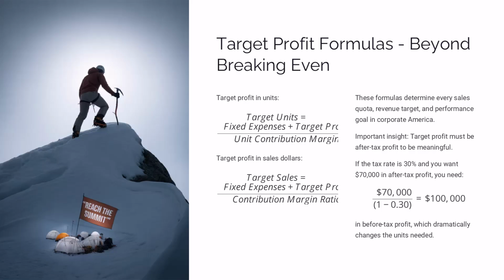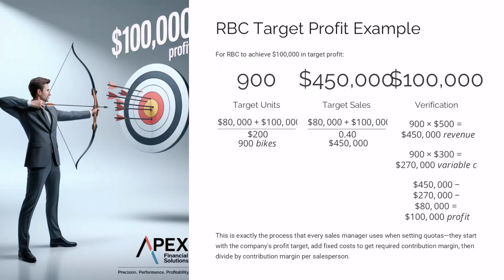them a billion-dollar company. Let me show you exactly how a real company like Peloton or Mirror calculates what it takes to hit serious profit targets, using RBC's goal of $100,000 profit, which is probably similar to what you're hoping to make in salary within 5 years of graduation. And understanding this calculation is what helped Christopher Lee negotiate his compensation package at Square, to include accelerators that doubled his commission once he hit 120% of target.